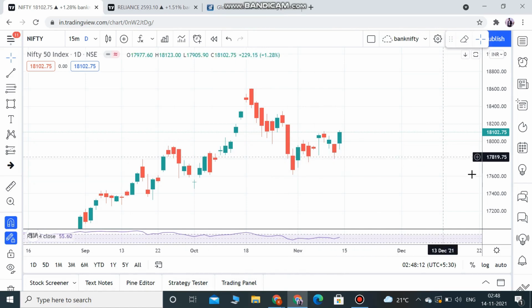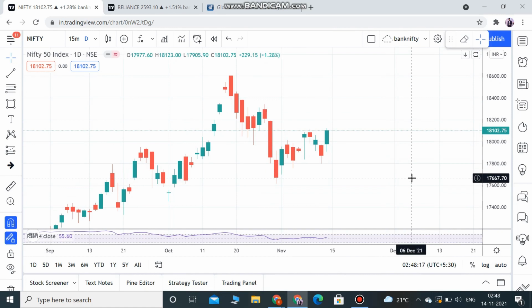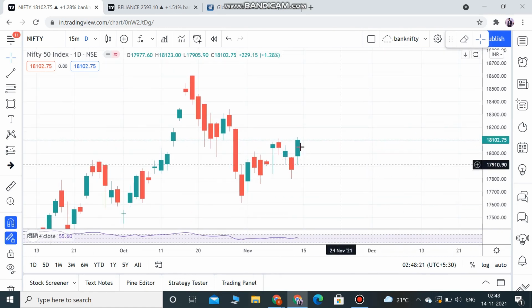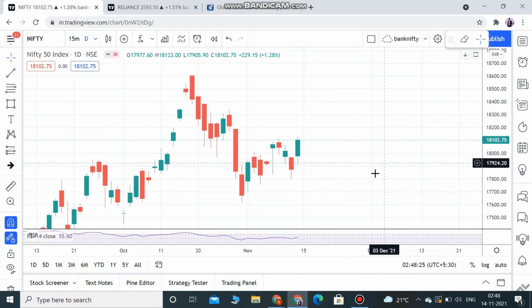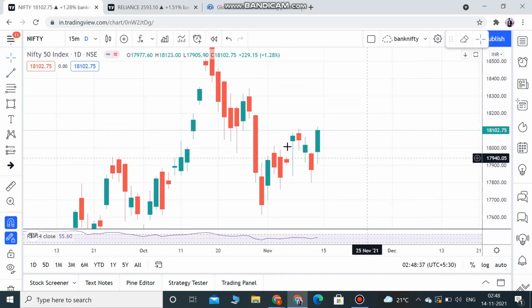Hey guys, today I would want to explain what's going to happen on Monday on Nifty and Reliance. On the last trading session, our Nifty and Reliance were very bullish. It gave a very good momentum. So we are expecting the market to go a little upside, but as we see on our daily chart,